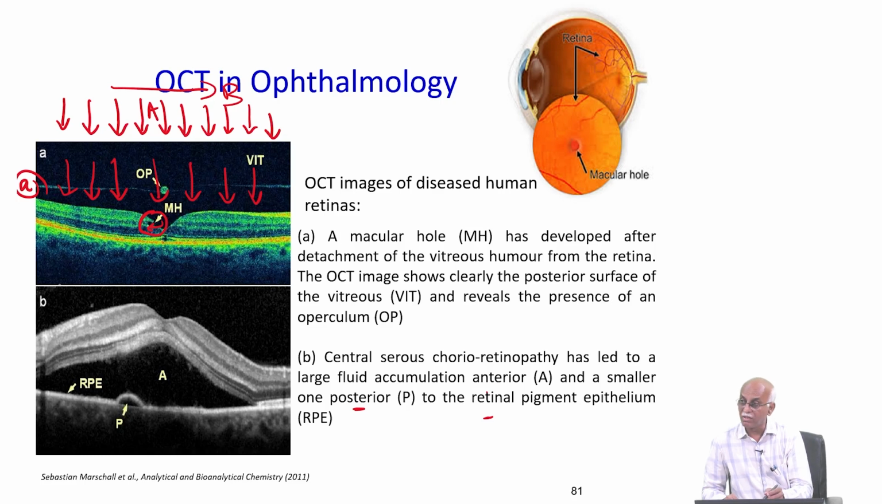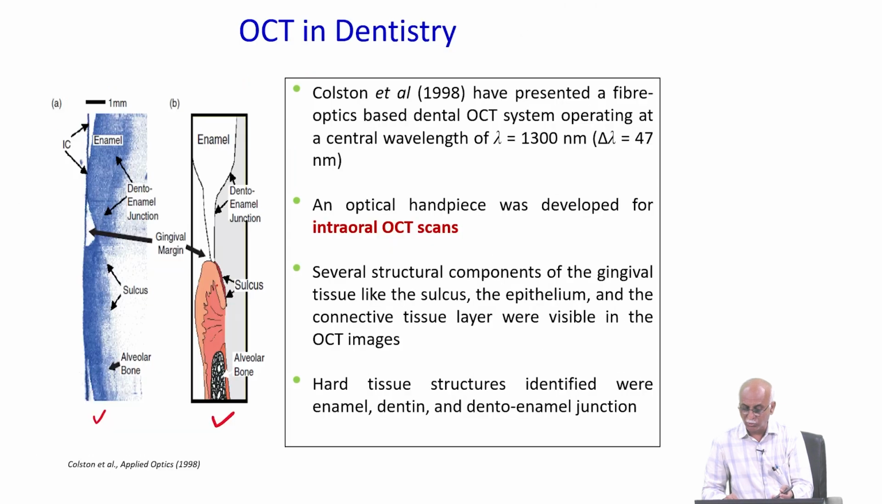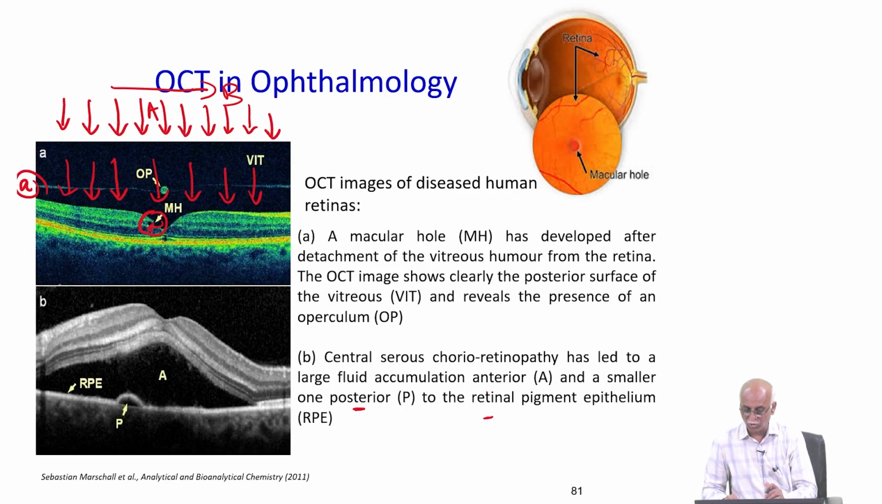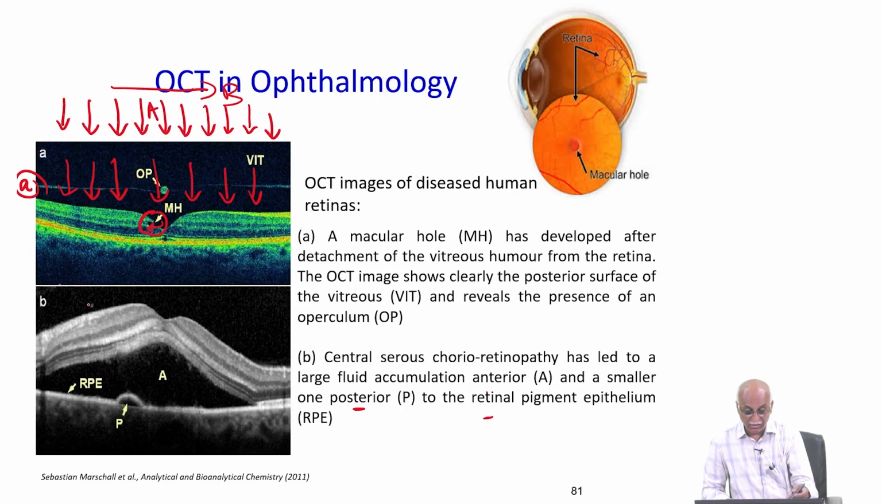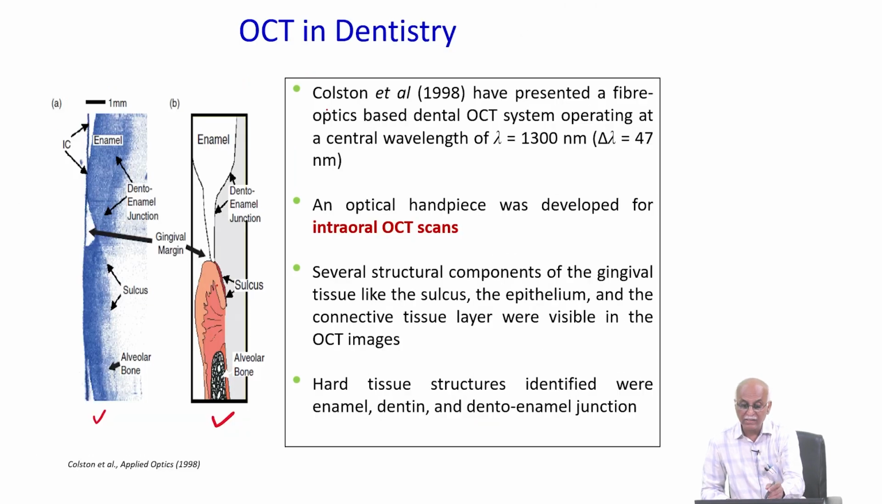We use an 800 nanometer or 840 nanometer light source. It is possible to use even 940 or 1064 nanometer light sources also, but the 840 nanometer light source is used. And OCT came into wider use after 1993-94, when James Fujimoto showed various applications in ophthalmology, and they established this system. In 1998, Coldstone gave another idea about how we can use OCT for intraoral